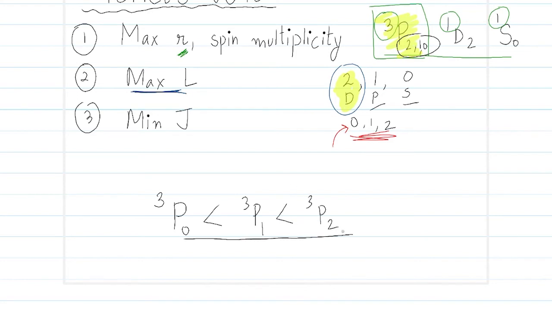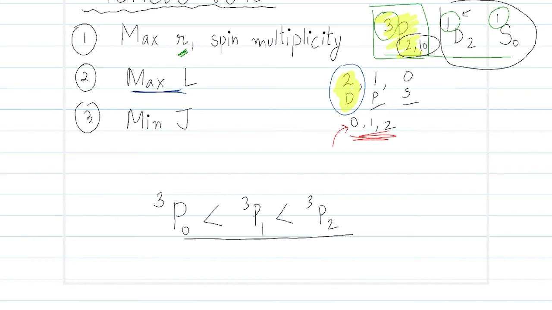So we are done with the first three terms. P is done. For the second part, we have these two terms left, 1D2 and 1S0. So among these, which is preferred? You know the value of S is 0. Okay,